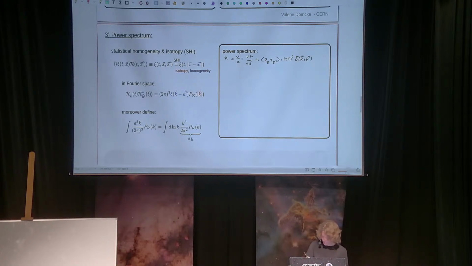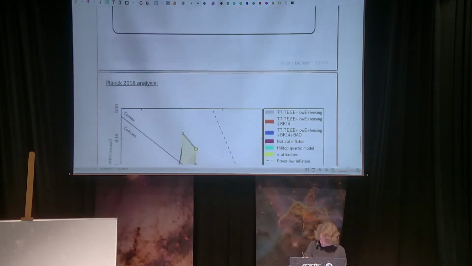Here I didn't put the star, which is about k plus k prime. If I put the star, then I have k minus k prime, but it's the same. Then I have H over phi dot squared. This is just the prefactor, because we computed the equation of motion for V, but I want the power spectrum in R. So I have this H over phi dot prefactor, and then I have